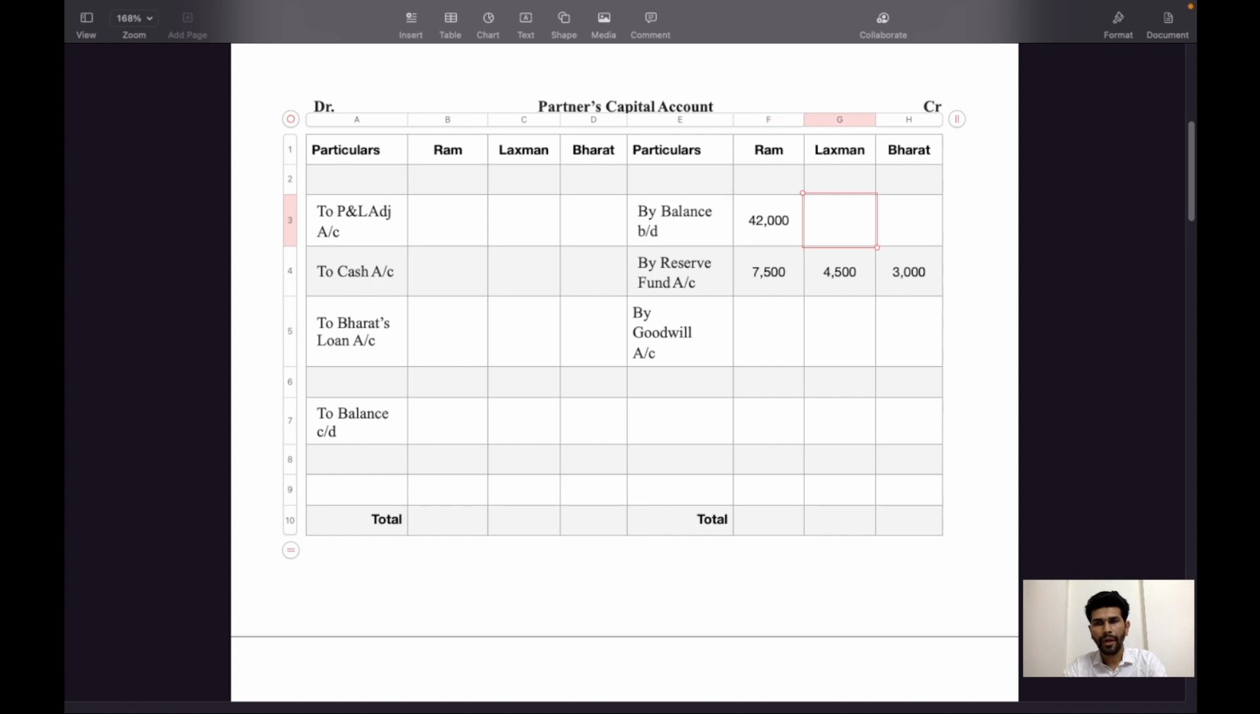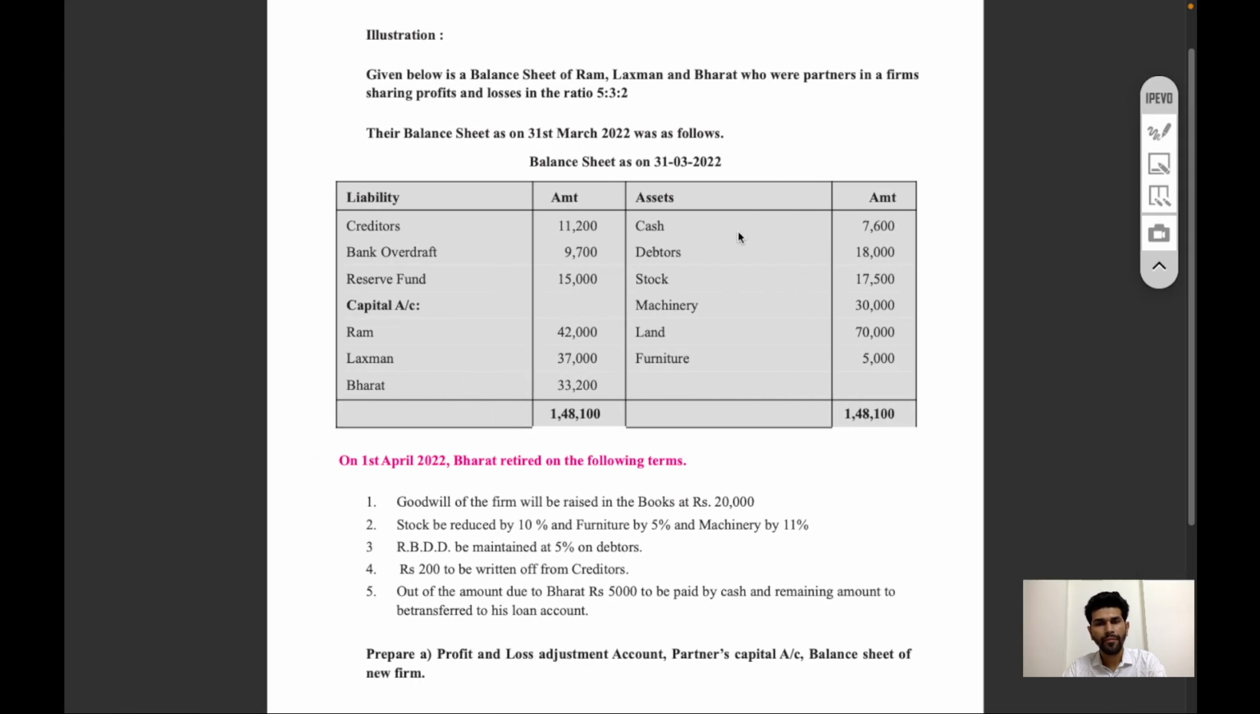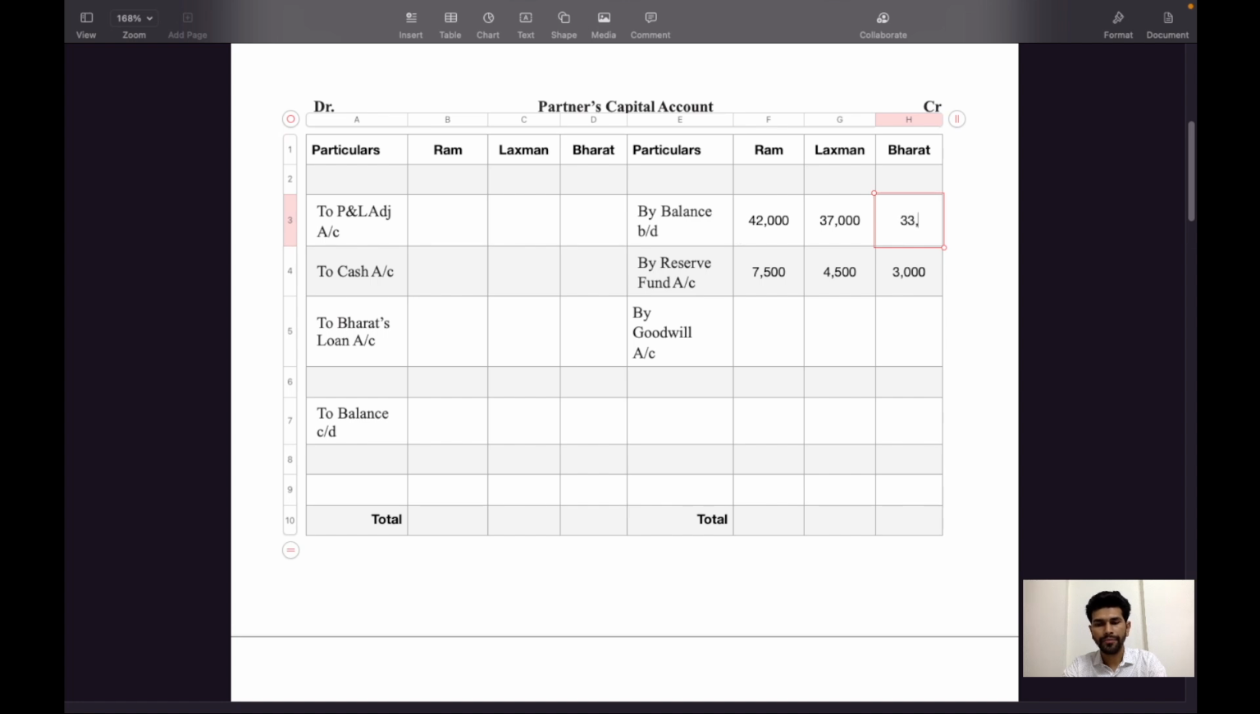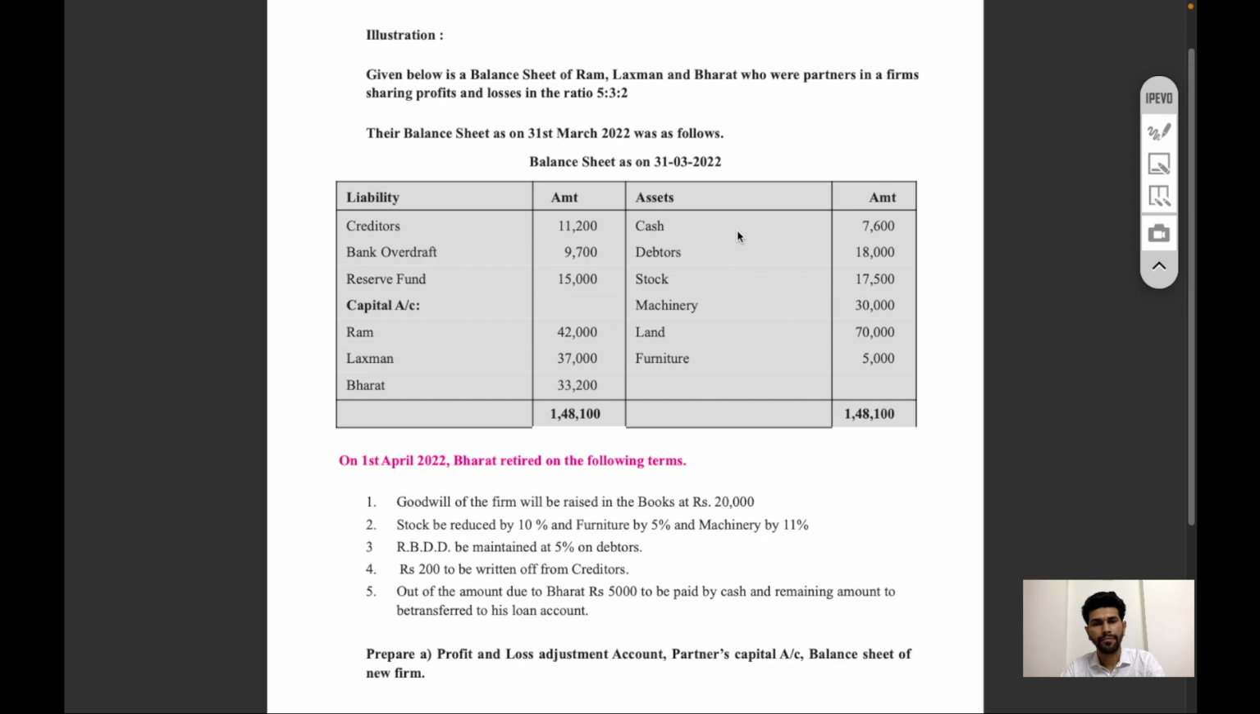42,000 Ram, 37,000 Lakshman, 33,200 for Bharat. Now adjustment number 1. Goodwill of the firm will be raised in the books at the rate of 20,000 rupees. So goodwill is raised and it will be distributed among old partners